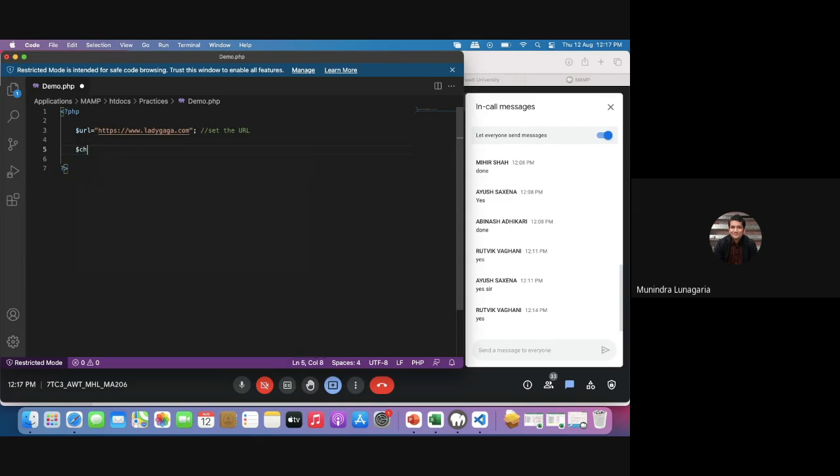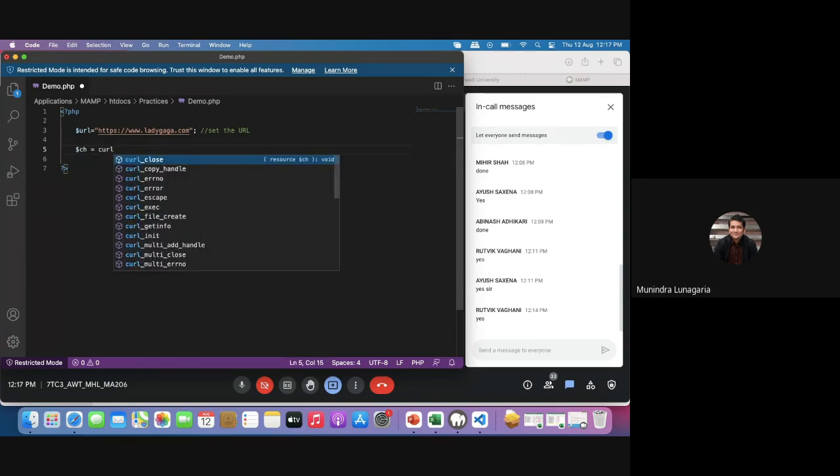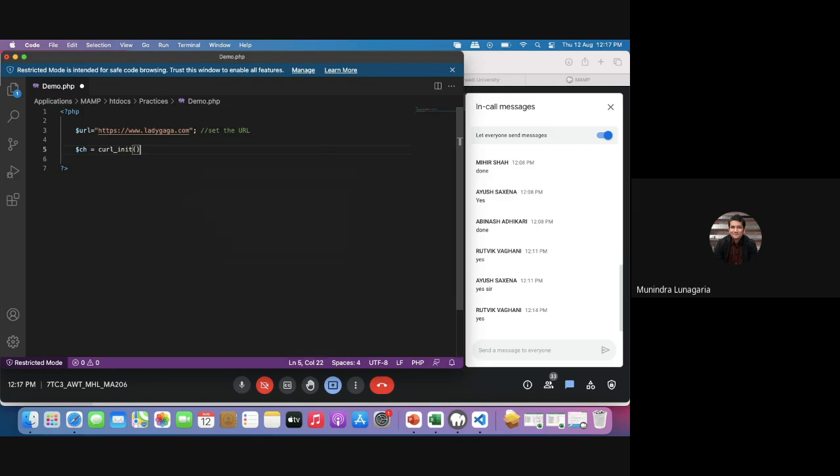Now $ch equals curl_init, which is the initialization part.